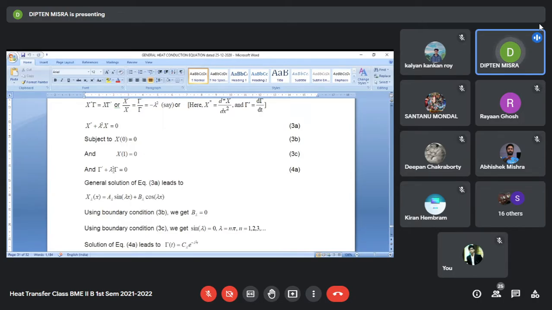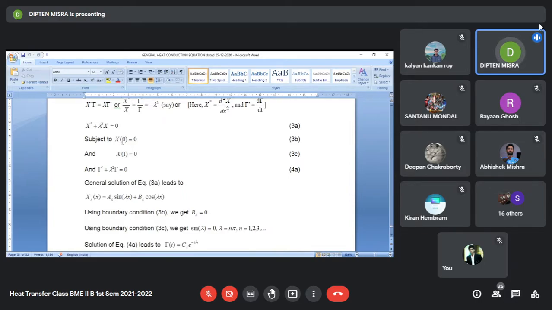This is what you have solved for the lumped system. In the lumped system, what is remaining is only this part; that x variability is gone. A lumped system means where the function of x part is not there. It is only the function of time part that is there. Whereas the difference between that lumped system and this distributed system is that here it will vary not only with time, but also with space.